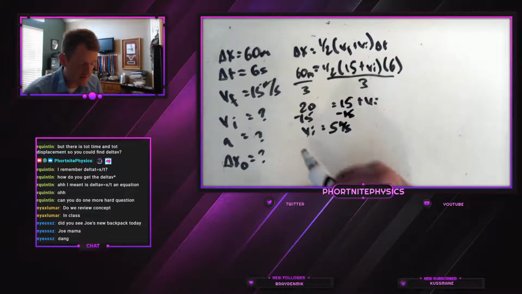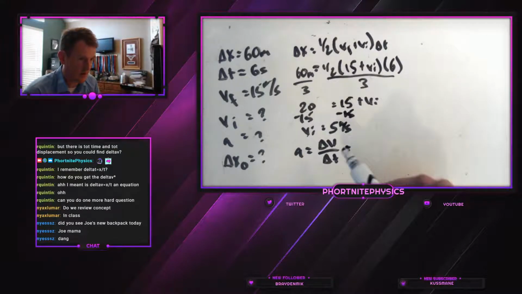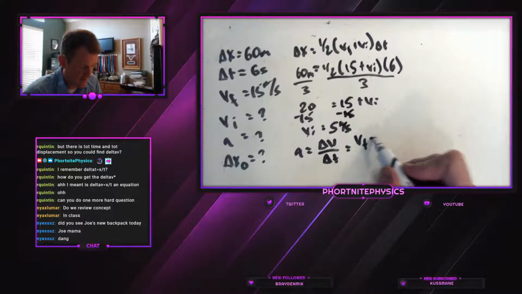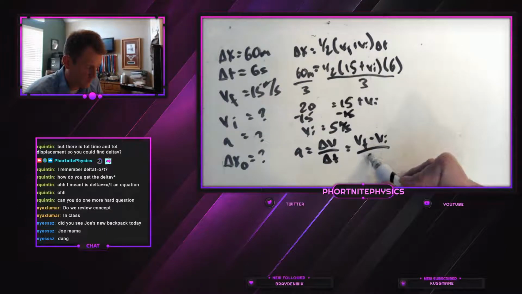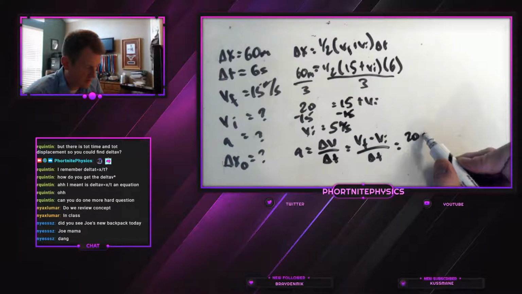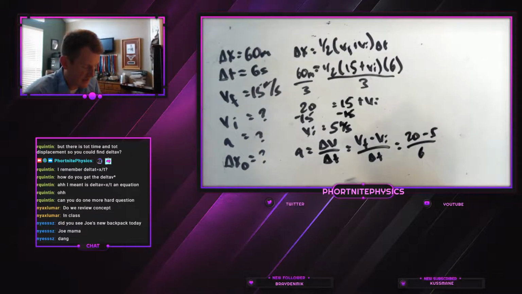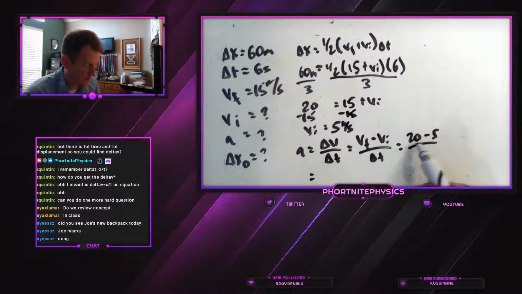Now it says, what's its acceleration? The easiest way is to take our change in velocity and divide it by our change in time. So VF minus VI over delta t, which is 20 minus 5 over our 6 second time interval. So 15